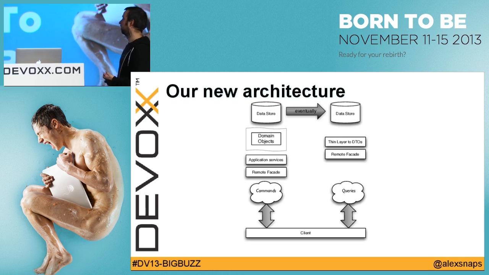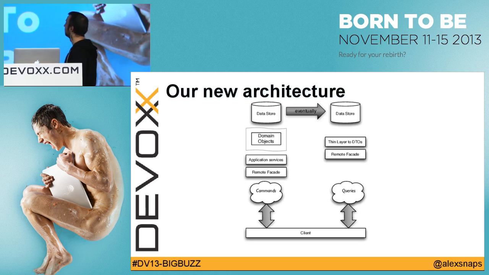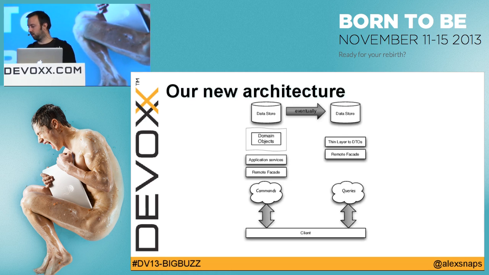So this is what it all looks like. The blurriness maybe doesn't help us. What we have here is our client that sends commands to our remote facade that delegates to application services that use the domain object to do something, right? Grant access or something like that. The return code here is either ACK or no ACK, so it either works or it didn't, right? Grant access again, same thing. If you don't have access, that says, sorry, no, not gonna happen. Otherwise, it happened, it's fine. So this all goes in here,